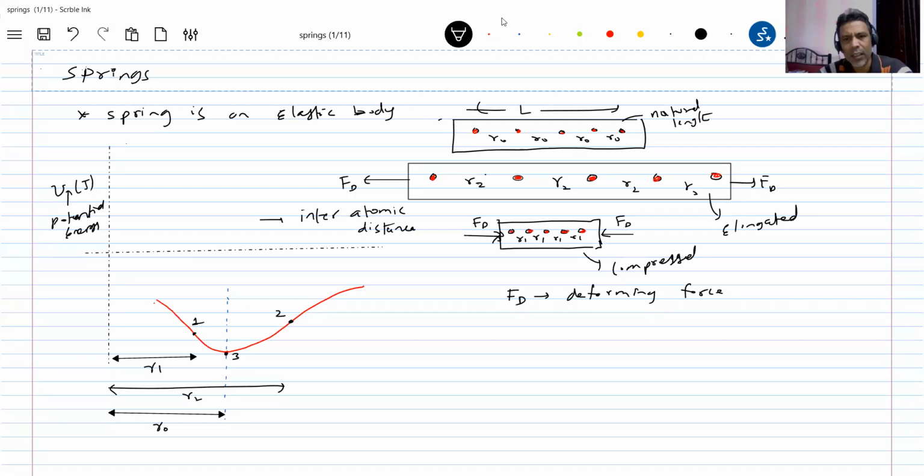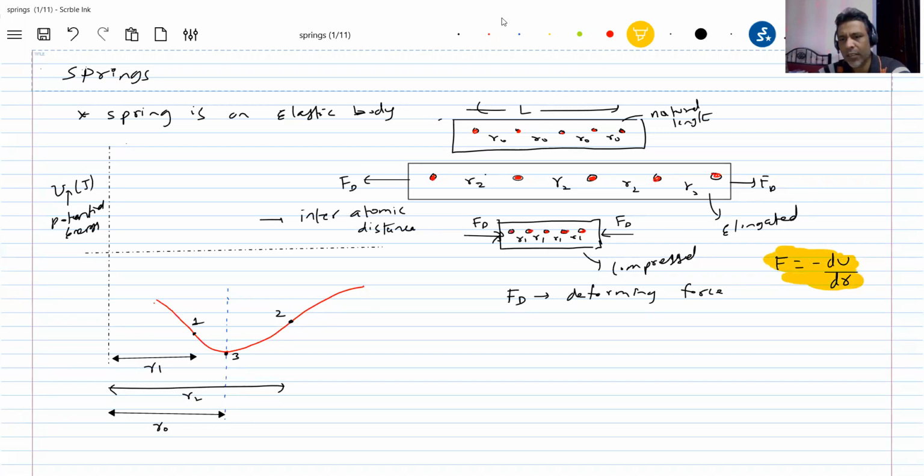Got the idea? And now something will happen inside the body. Now you look at the elastic body. If you stretch it, you take an elastic band, stretch it, then the moment you release the deforming force, what will happen? It will try to restore its natural length. So how will it restore its natural length? According to the graph, how the force and potential are related, this is the one basic formula. F equal to minus dU by dr. The potential and force are related by this particular equation.